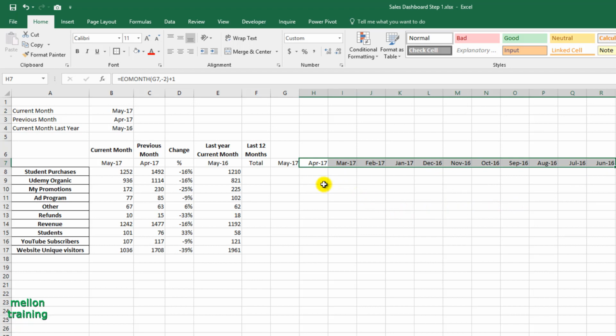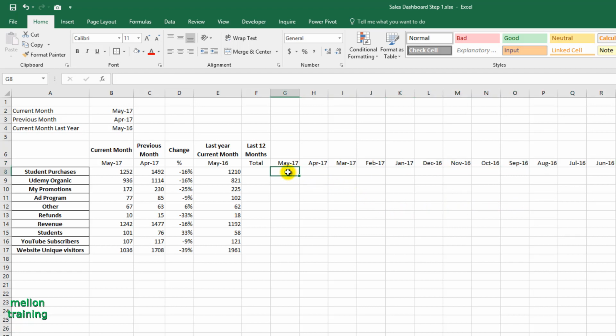Click G8 and type equal B8. Copy the cell all the way down. Click H8 cell and type equal C8.